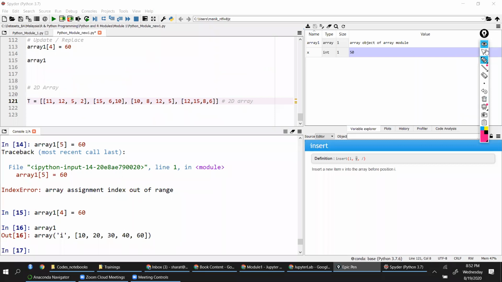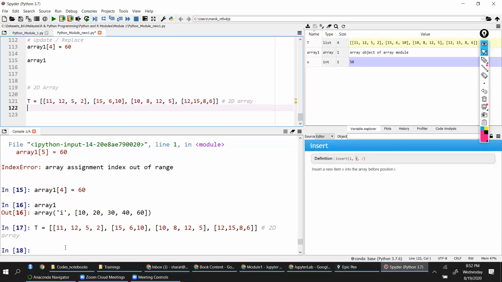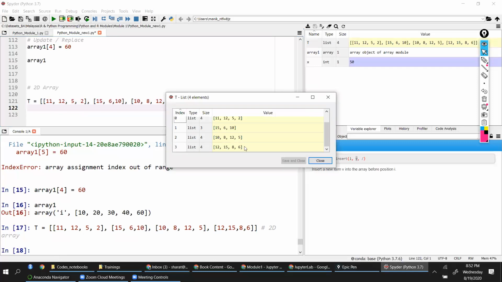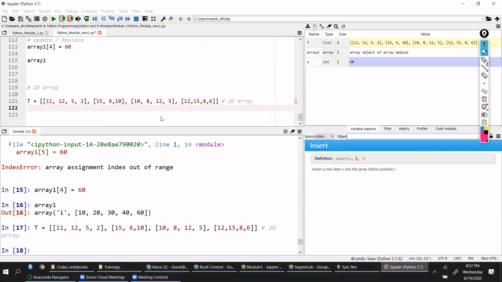So this becomes a 2-dimensional array. You can see T is like this. Now I want to check what value is there in position, let's say 3. What would I get if I say T of 3? What value would I get here, friends, if I execute this?